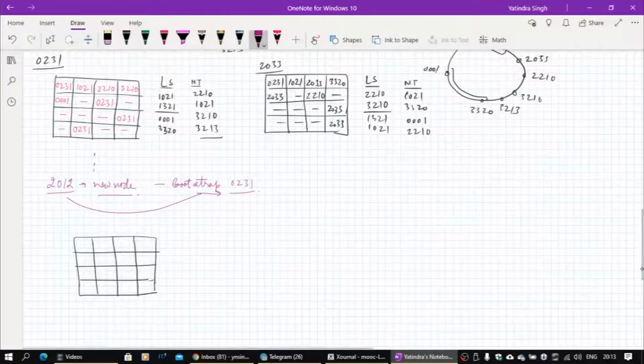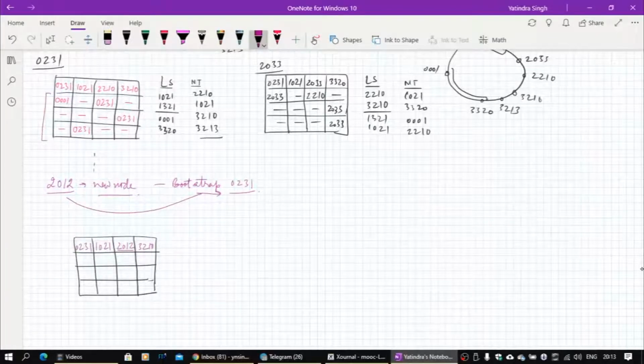Okay, so I will now put it with a different color, 0231, 1021, because it does not know anybody else. So there is no question of optimization. It does not even have its own leaf set. So it's 1021. So that's where the entry will change. Now it will be 2012. A change is going to happen here, and then you will have 3210. The second entry it can't keep because they all have to start with 2. So I can't use these entries of 0231.